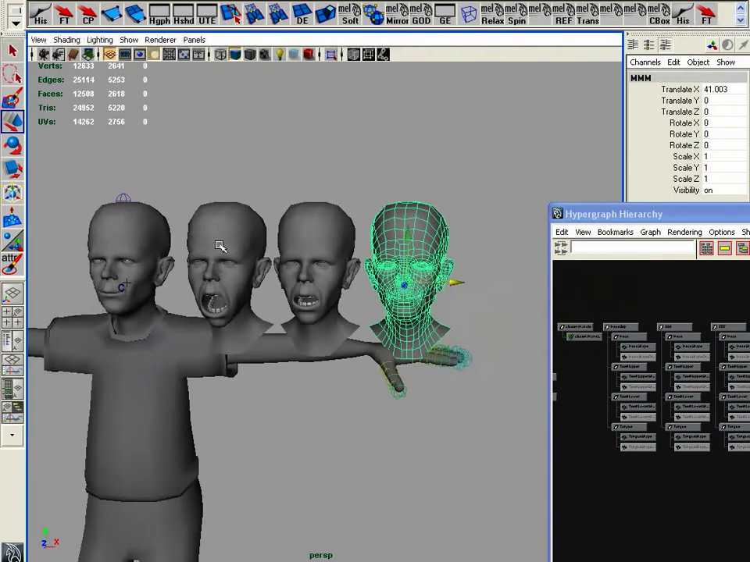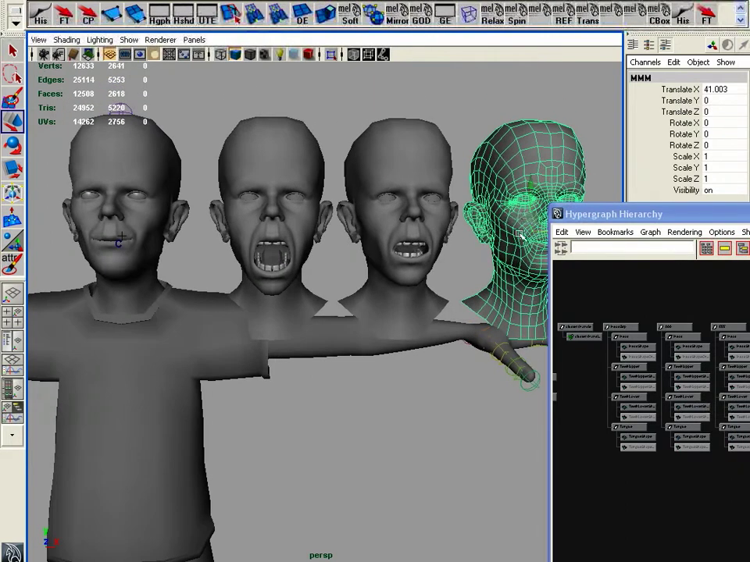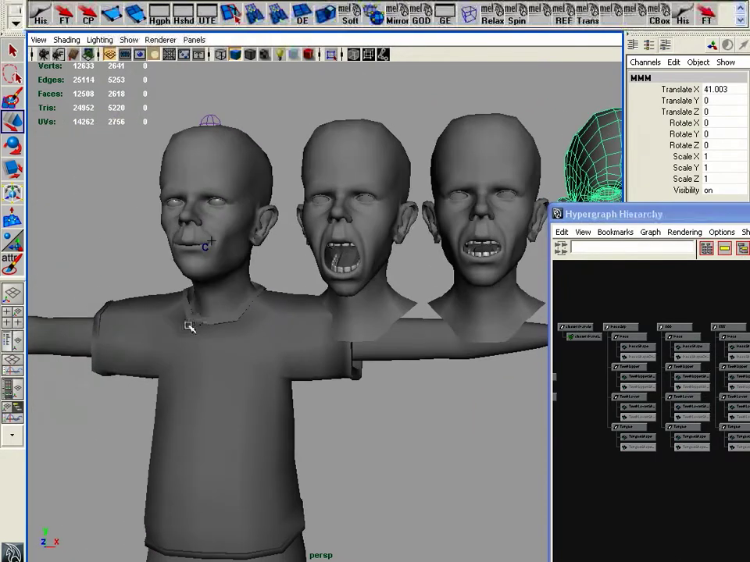Just before the mouth makes a sound for M, same thing with the B and the P, you'll find that the mouth closes up. I'm going to do something like that. And what time are we at? 8. So next one here